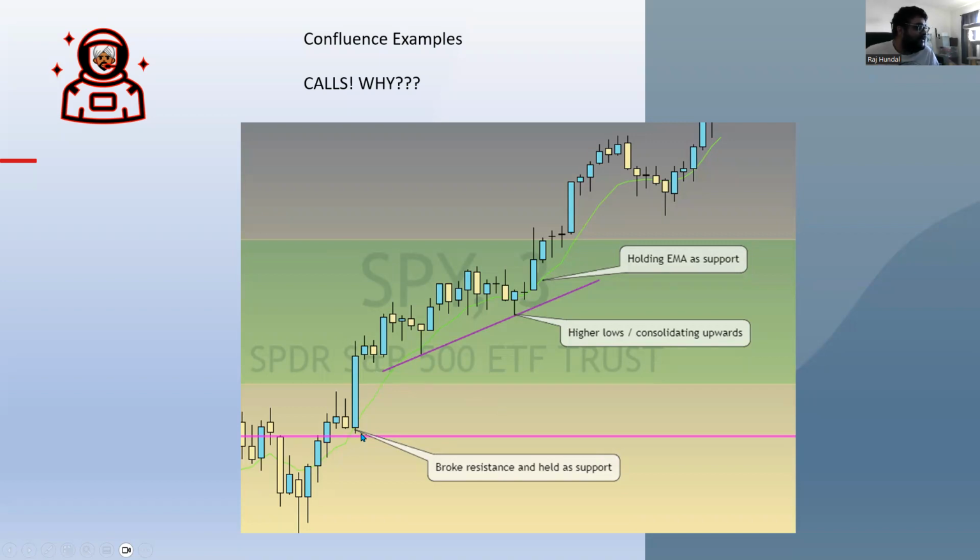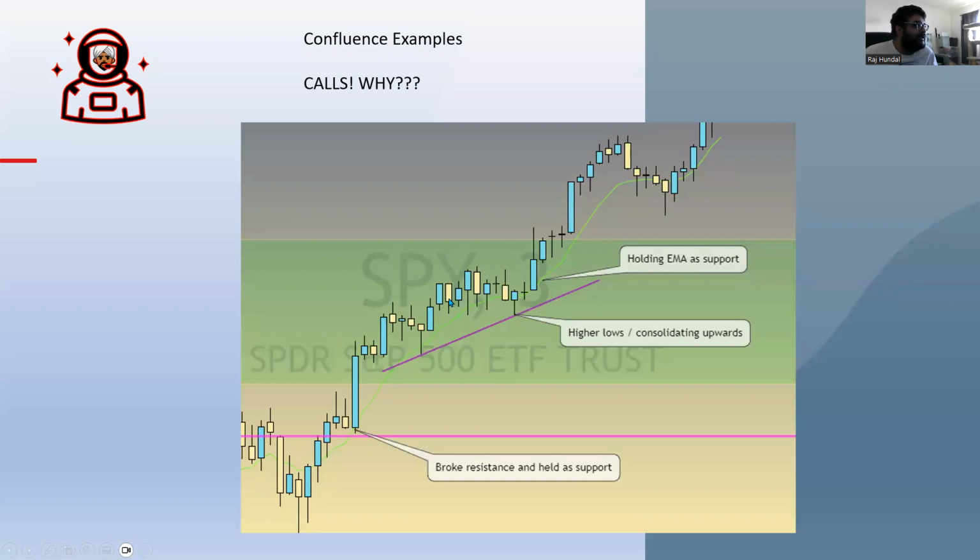This right here is breaking resistance and holding support. So we broke here and we put in two pretty bullish candlesticks holding support right here. Bam, we put in this huge move right here. And then we started consolidating upwards, making these higher lows. I should have drawn it up here as well. You could say this is a rising wedge, but the reason this isn't a rising wedge to me,